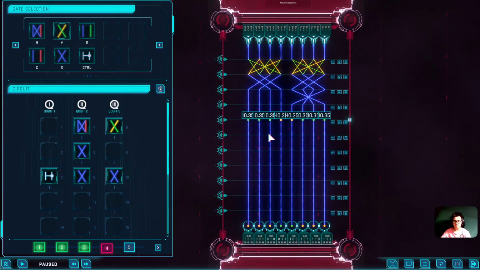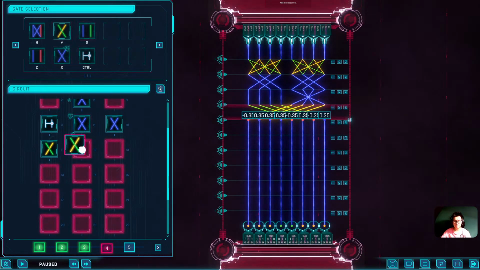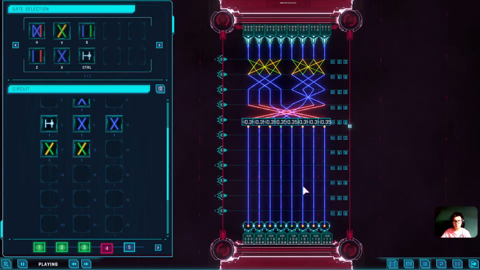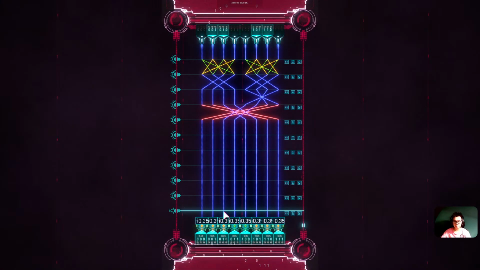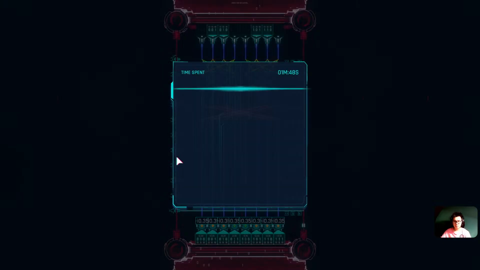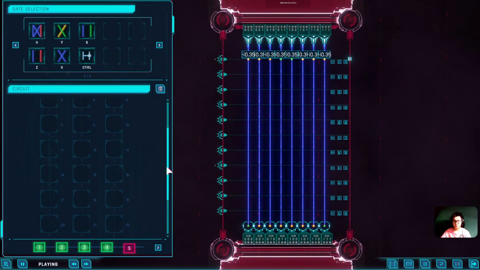Now it would flip the colors, and then let's flip the signs as well. Now the colors are flipped. I got a brilliant solution, but again,